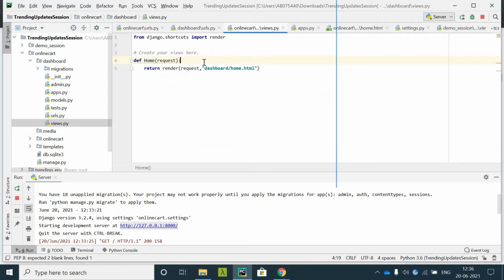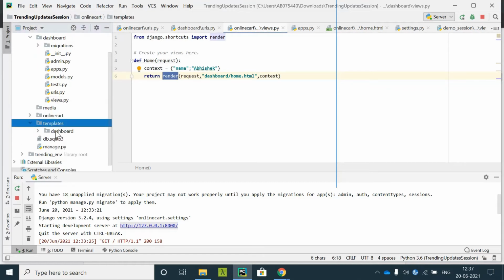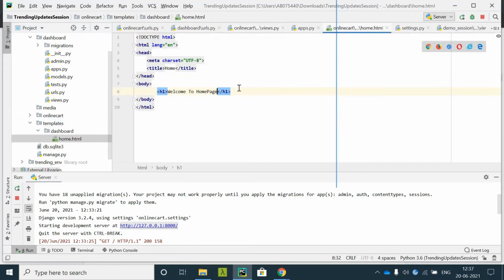So we can also pass the context from here. I'll pass only name. Now my name is Abhishek, and I'll pass the context. Now you can see it is rendering this page home.html. Go to the home.html page from the templates folder, inside the dashboard, see dashboard home.html page, and inside it, welcome to